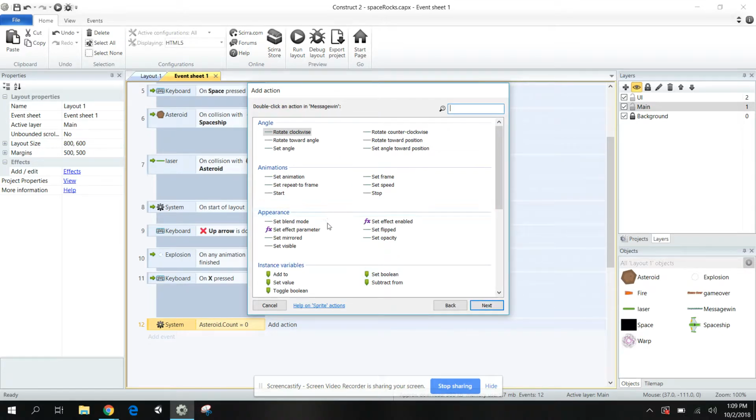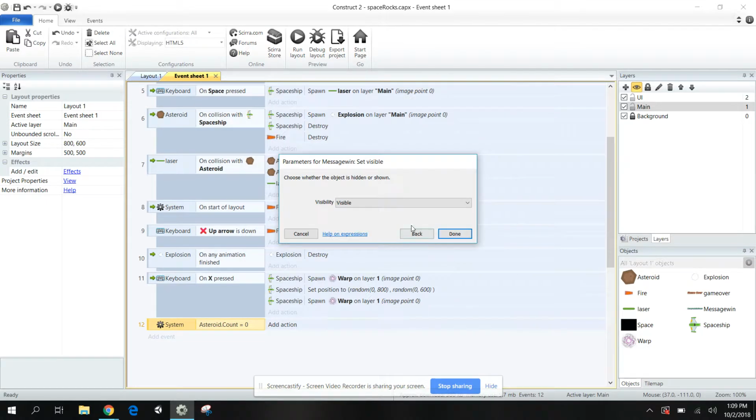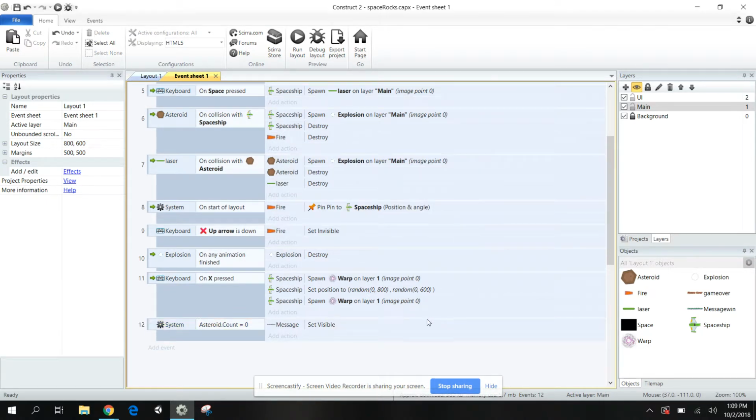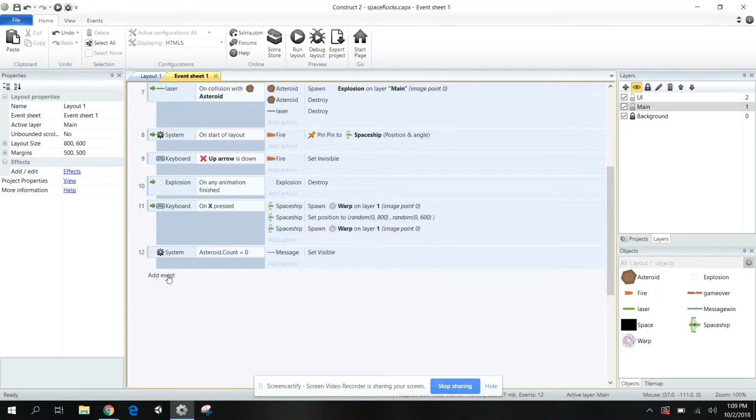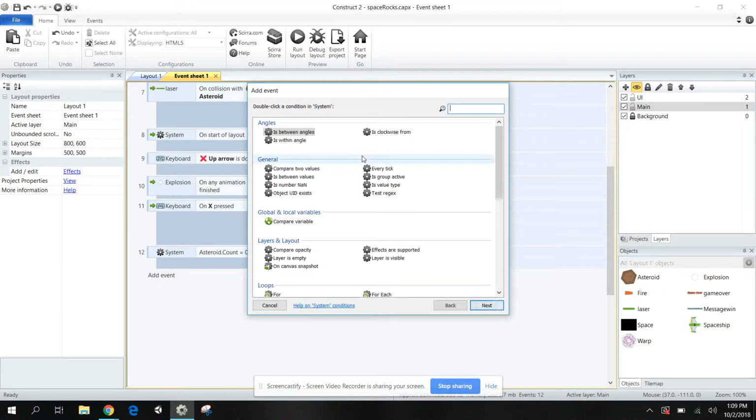And we're going to turn that to set visible. And then to make sure this is visible. Beautiful. Now, let's say if you lose, we're going to add a very similar message, compare two values on the